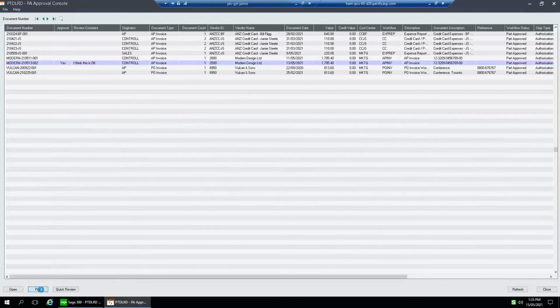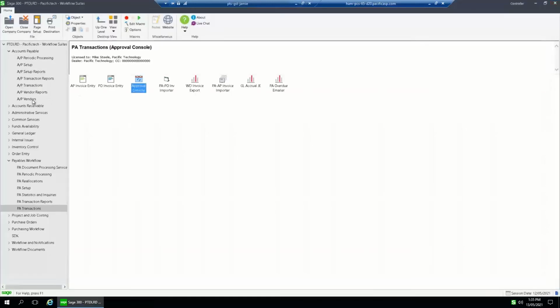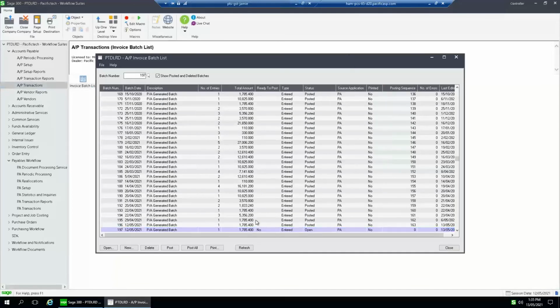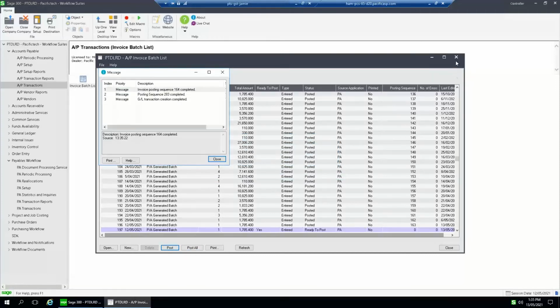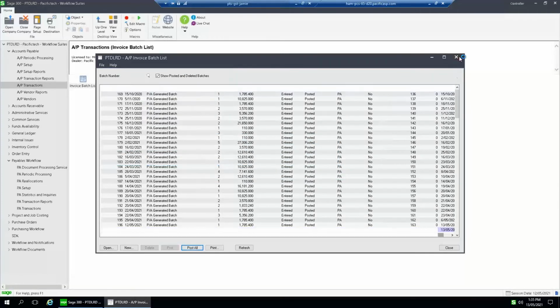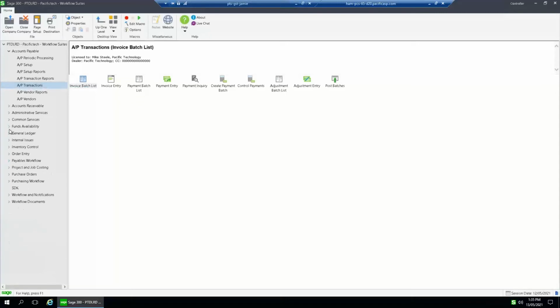All right, and then we click post. So this invoice needed 2 approvals, and that was the second approval. So now it's pushed it over into AP automatically. So there it is sitting there. So it's in a batch called PA, PA being the 2-character identifier for Payables Workflow. So I'll post that batch. That's now pushed it through to the GL. So the next part in the process is,